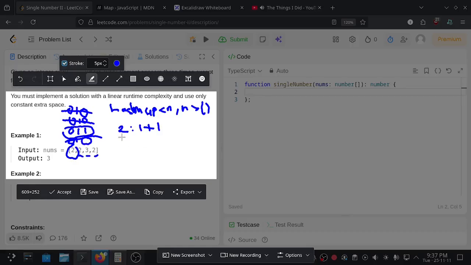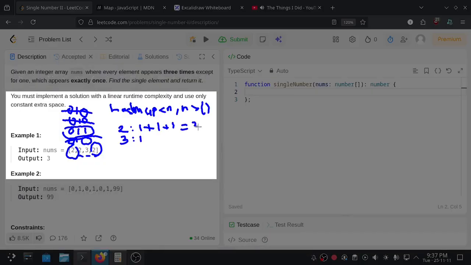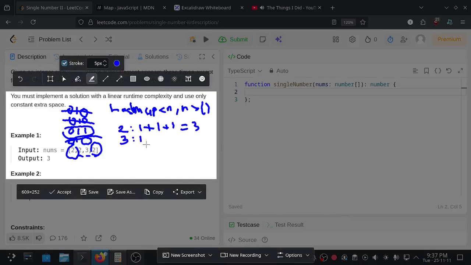We add 3 as the key with the value of 1, since 3 appears only once. Then another 2, so we increment the existing value of 2, and we have the result of 2 with the value of 3,